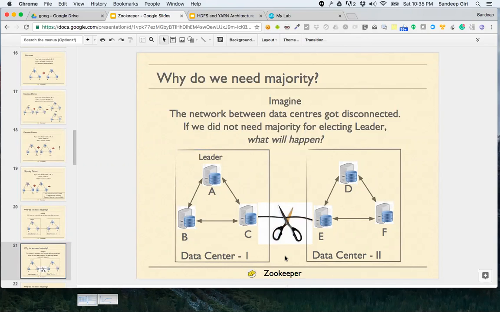Imagine there was nothing like majority. Let anyone win, whosoever gets the maximum number of votes.